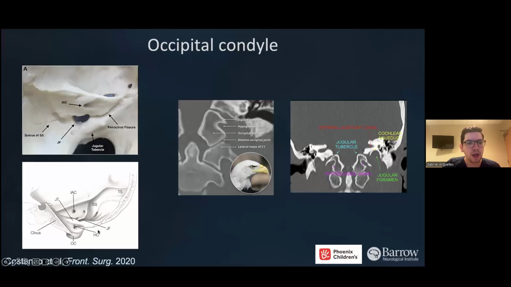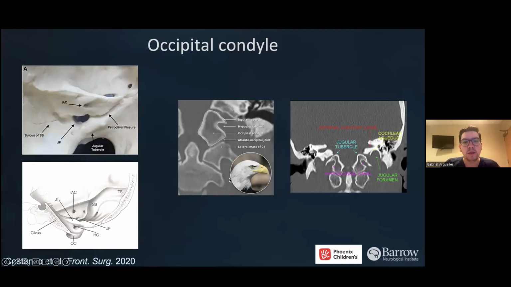On this image on the bottom here, you can actually see the hypoglossal canal highlighted. That's obviously going to house the hypoglossal nerve, or cranial nerve 12. And just superior to that, you can see the jugular tubercle, that bony prominence we talked about. You see the jugular foramen, which has cranial nerves 9, 10, and 11 running through it, and some other structures here. On the right, you can see a nice coronal image, which highlights this anatomy in a slightly